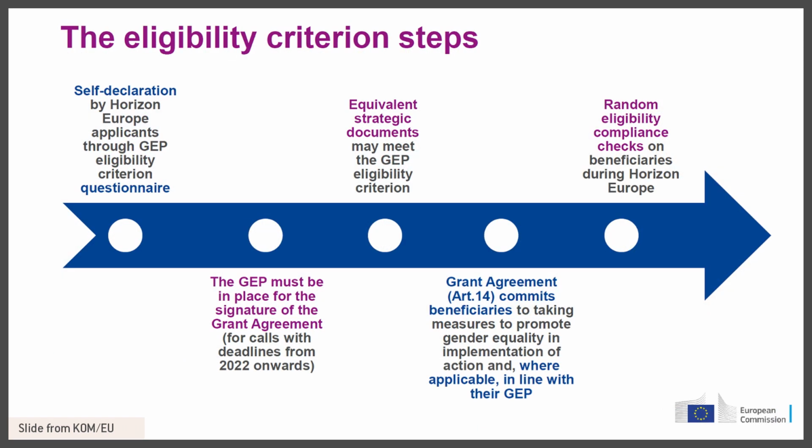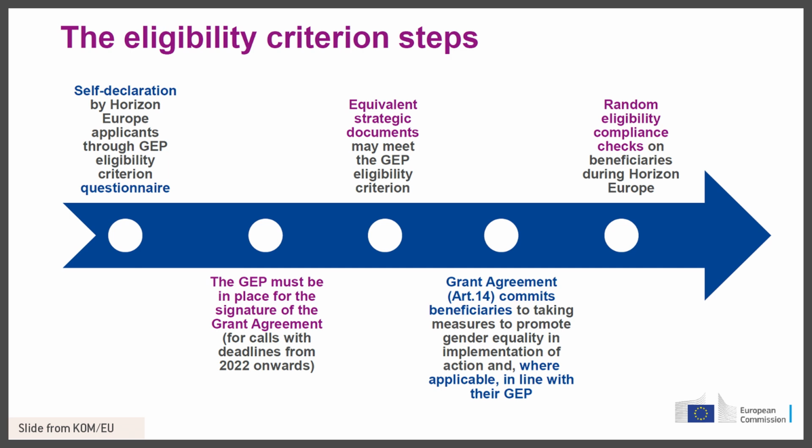Since the Gender Equality Plan is an eligibility criterion when applying for Horizon Europe calls, a self-declaration will be requested at the proposal stage. This will take the form of an online questionnaire listing the 4 mandatory process-related gender equality plan requirements, as well as the 5 recommended content areas. The questionnaire will be accessible through the participants' register and should be filled by the legal entity's authorized representative, or LER, once for each legal entity.